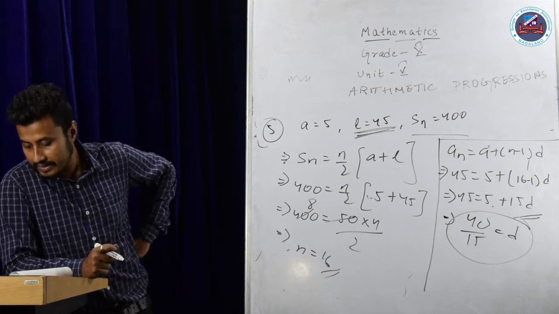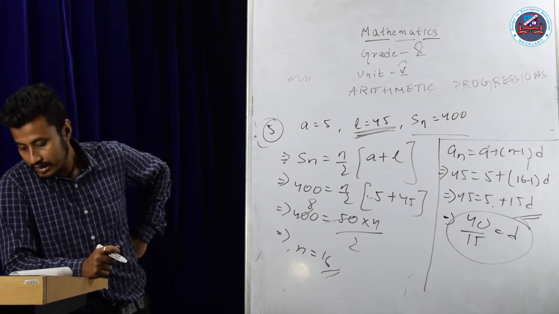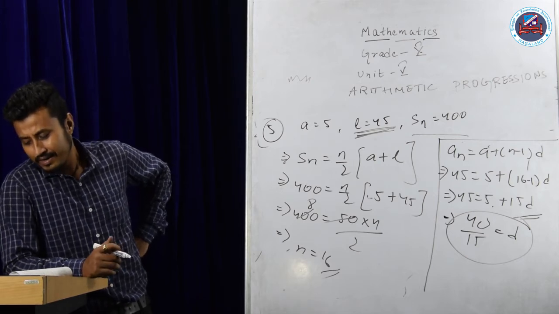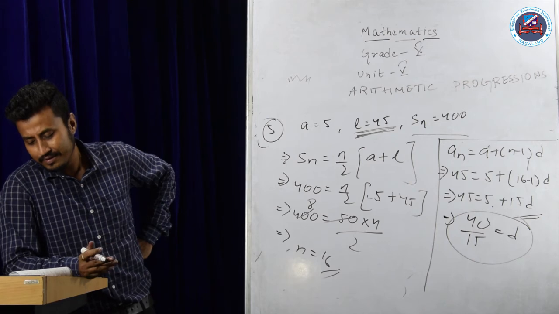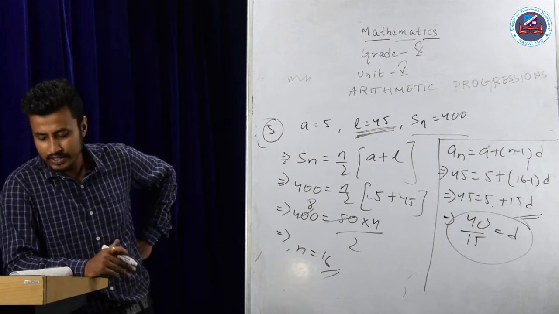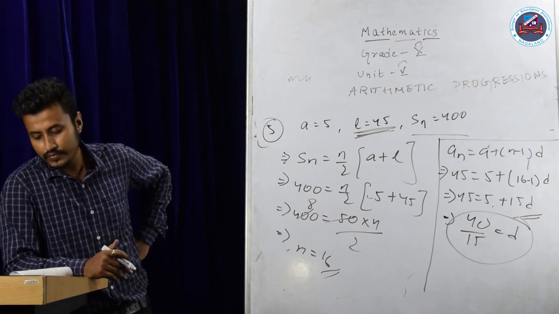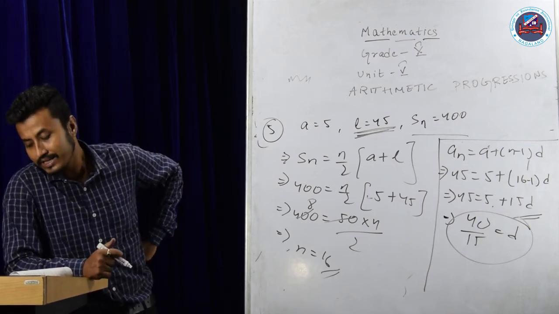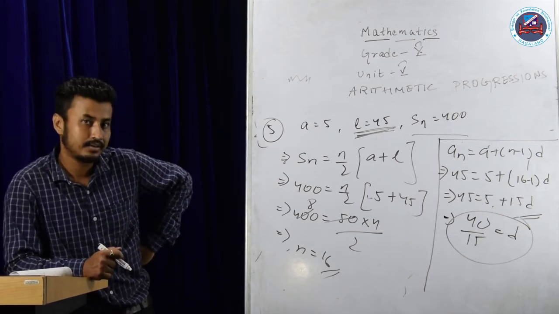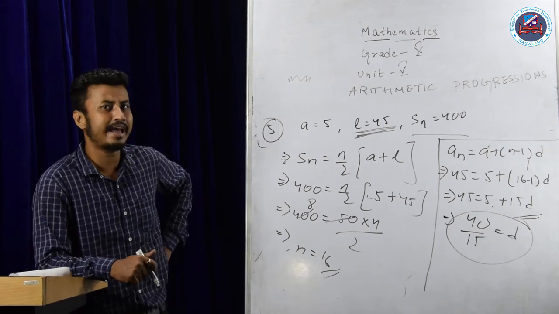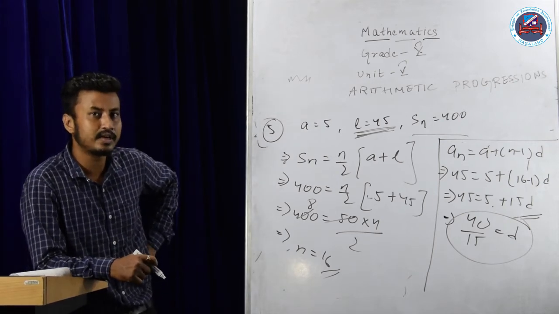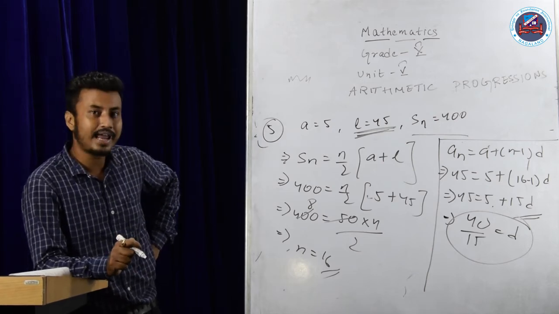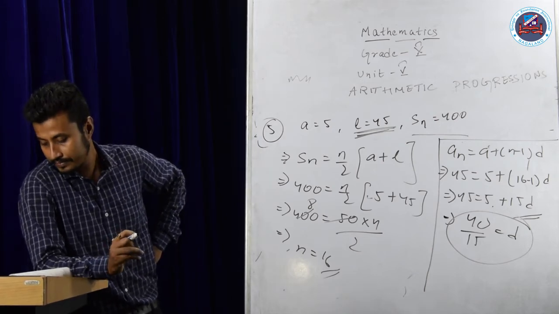Question number 6. The first and last terms are given. If the common difference is 9, how many terms are there and what is their sum? Guys, see. First term and last term is given. Common difference is given. First find out n. Okay, first find out n. And what is their sum? Then find out Sn. How will I proceed? The last term which is given 350, take it as an. After you take it as an, put in the formula a plus (n minus 1)d. Find out n from there. So one part of the question is done. Then the same n will go in your Sn formula also.